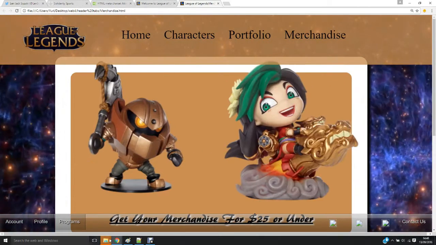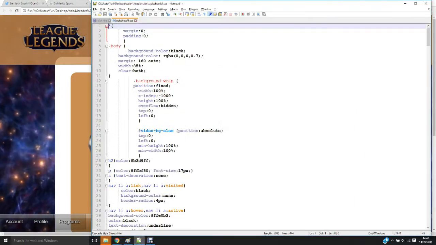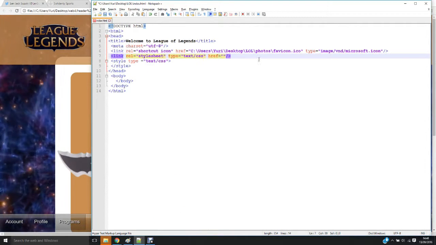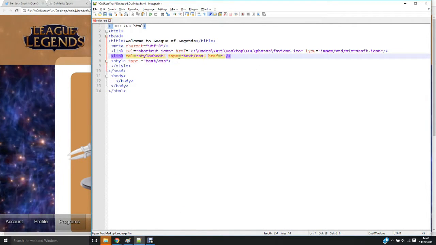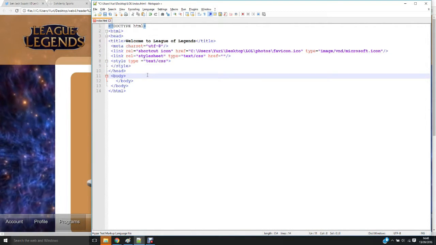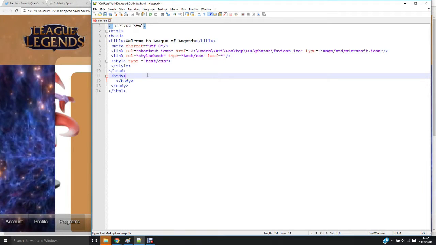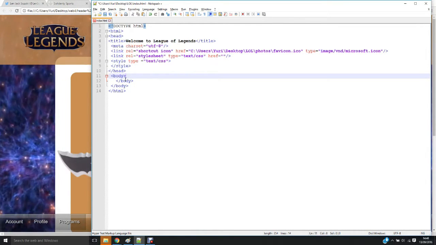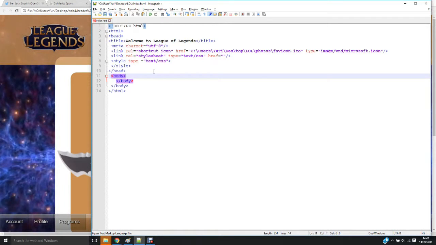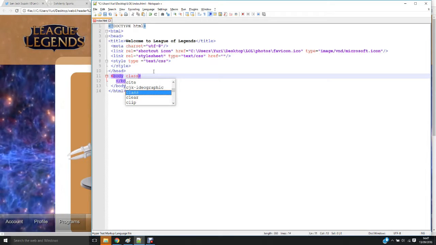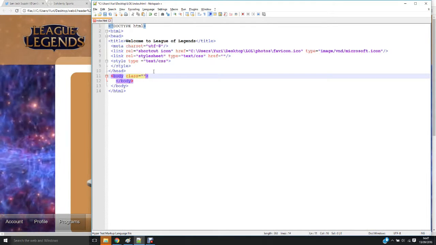So that is how you get those special effects. That's why it's important to remember to always add in a style sheet in case you want to change things individually. So moving on, we're going to go to our body, and this is very important. You need to bear in mind what is going to happen, and what we're going to do is type in within body: class equals speech marks